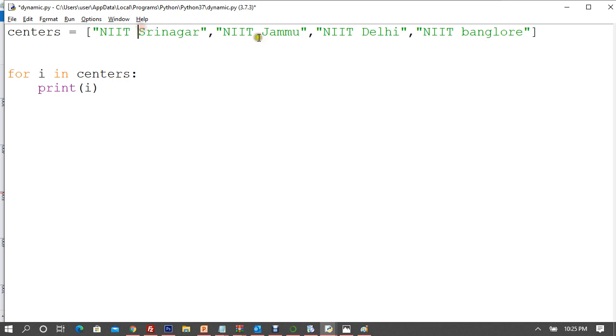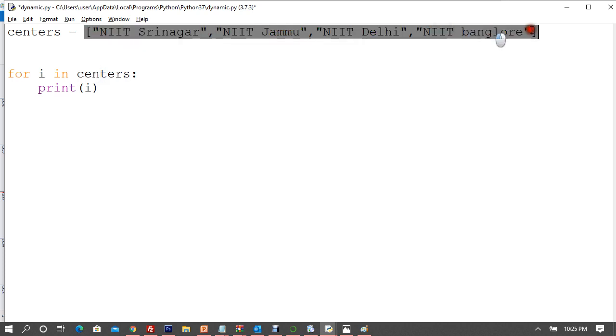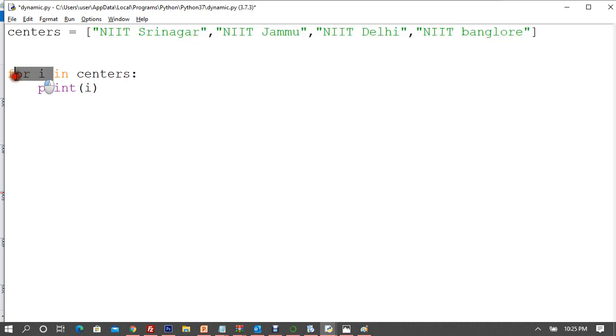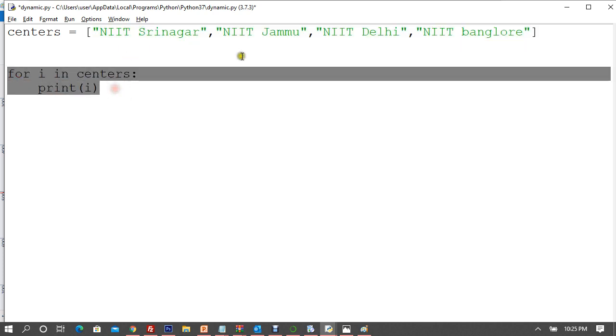If you start with 0, then 3 is still 4. So this loop will run for 4 times because you said i in centers. It's going to count the total length of the centers right here, and it's going to run this loop until the end of the